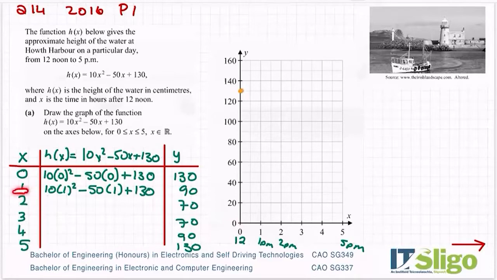My next one is 1 and 90. My next one is 2 and 70. 3 and 70. 4 and 90. And 5 and 130. Okay, now when you're drawing this, it's going to be a quadratic,